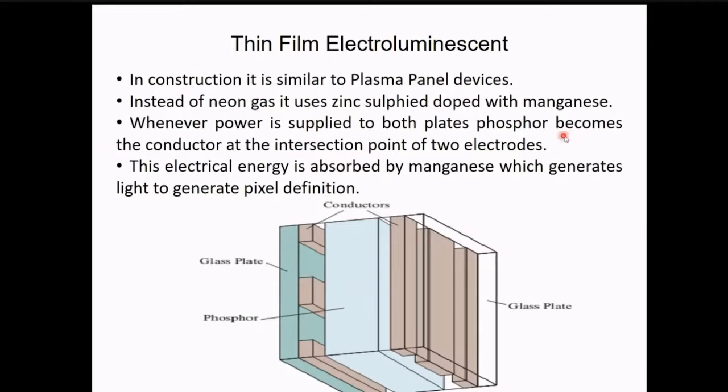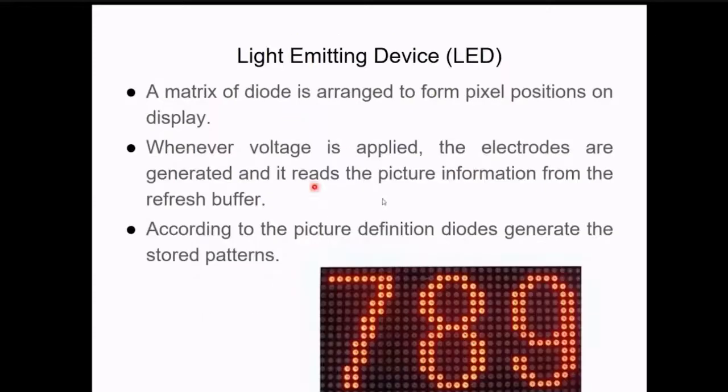Okay, so basically these are the materials that the manufacturer uses. And then one very basic thing that you have is the LED. Basically we have a complete structure of diodes arranged to form pixel positions on a display. You can see we have this in row form, or matrix form, or grid form.